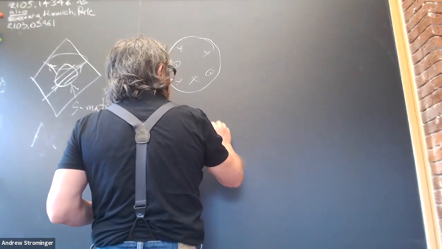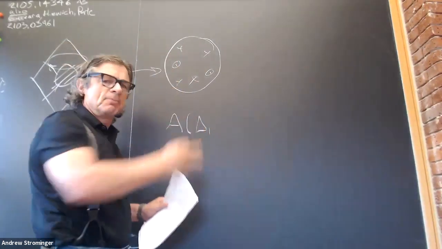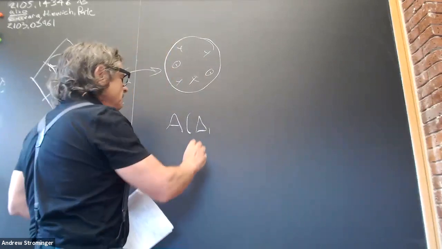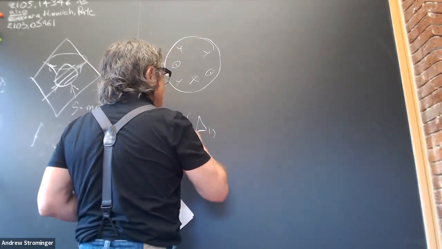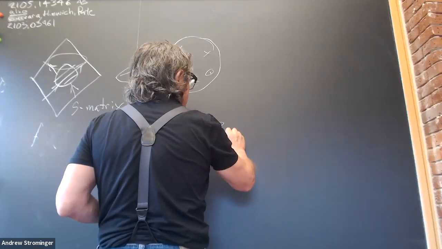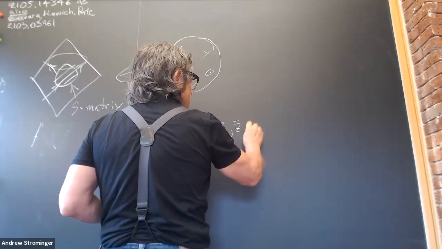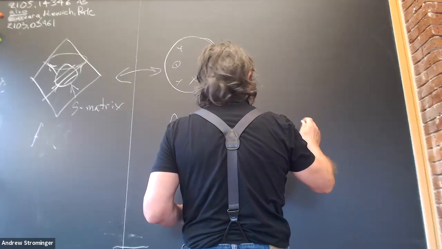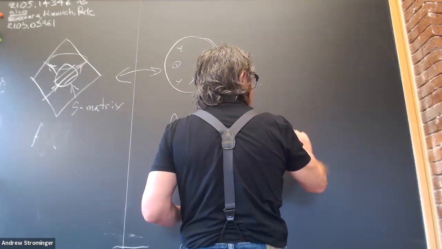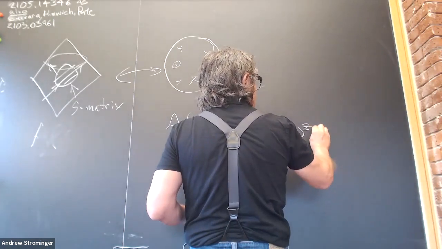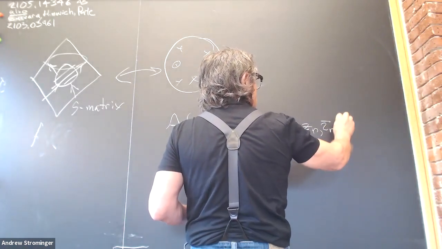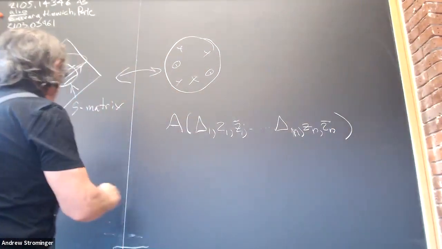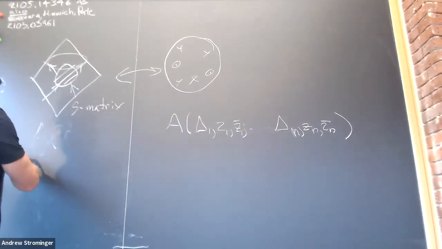We label these insertions by whatever quantum numbers they have, and also we have to have an ingoing and an outgoing label. We label them by their conformal weight delta. I guess probably I should also talk about their spin. I'm not going to write everything out here. We have an amplitude which depends on, if we know the spin for n particles, which has 3 numbers for each particle, and that is equal to